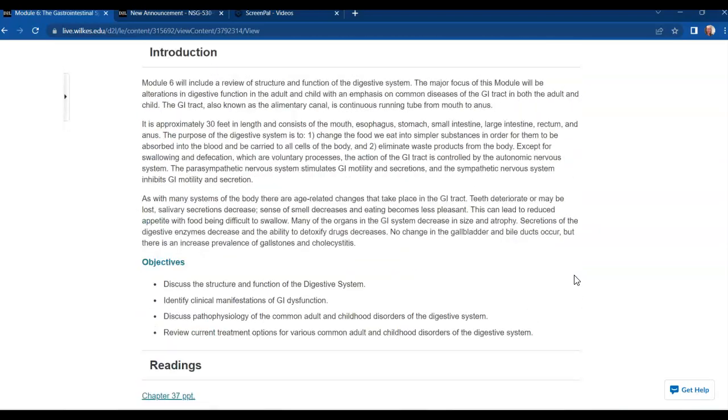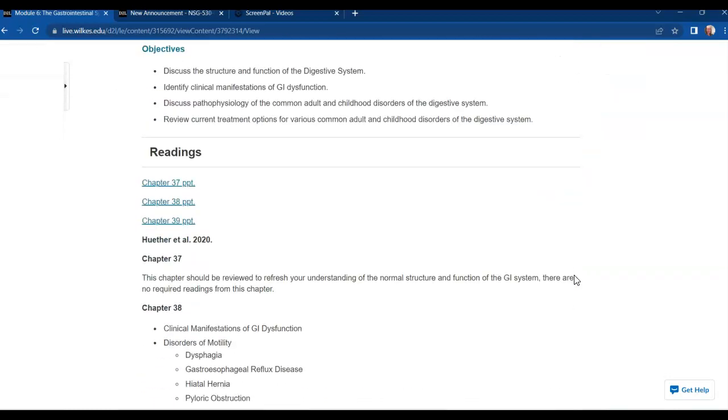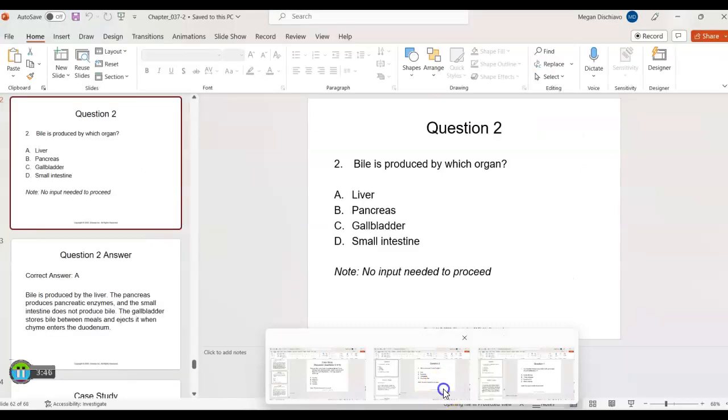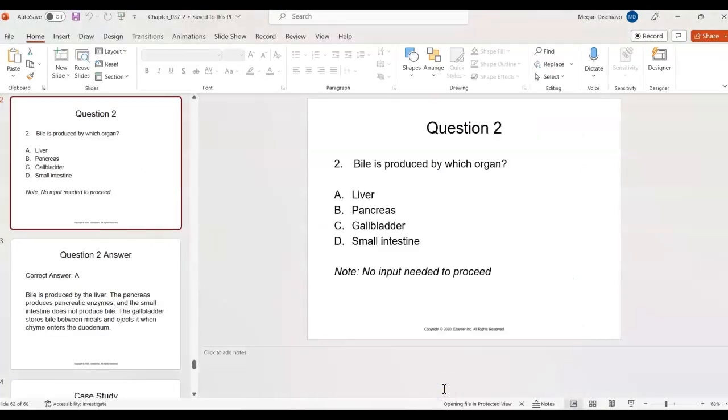So, what I wanted to do is I opened up these notes. I want to go over a few test questions and how to read them as we move into week 6 and the next exam. So this is from the chapter 37 notes that are provided to you. And this is a great example